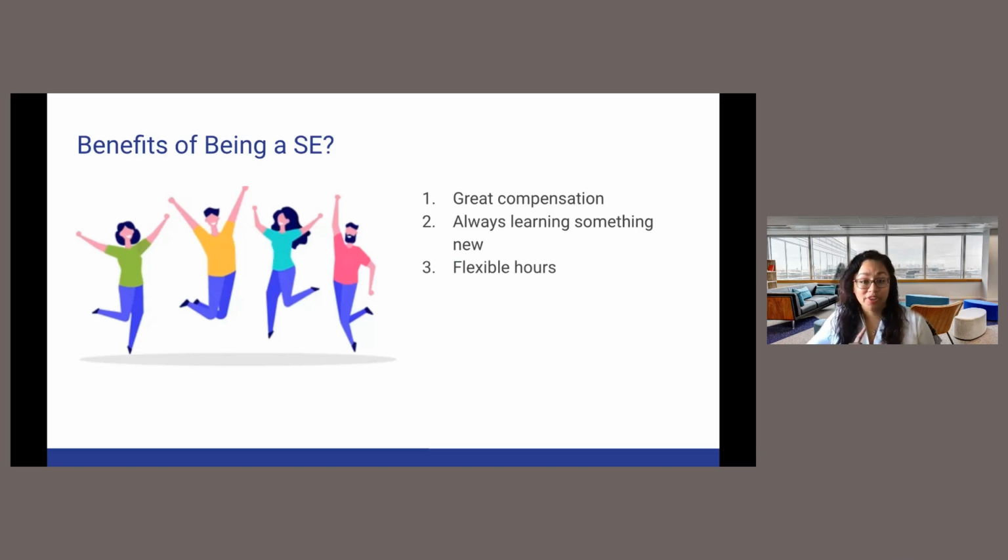Flexible hours. So there are flexible hours. And again, let's keep in mind, it could depend on the type of industry that you join. But in the industry that I'm in right now, I do have some great flexibility with hours. And I do work remote 100%. So that helps too. So do your research. Hopefully you do find a sales engineering position where flexible hours is part of your perks.